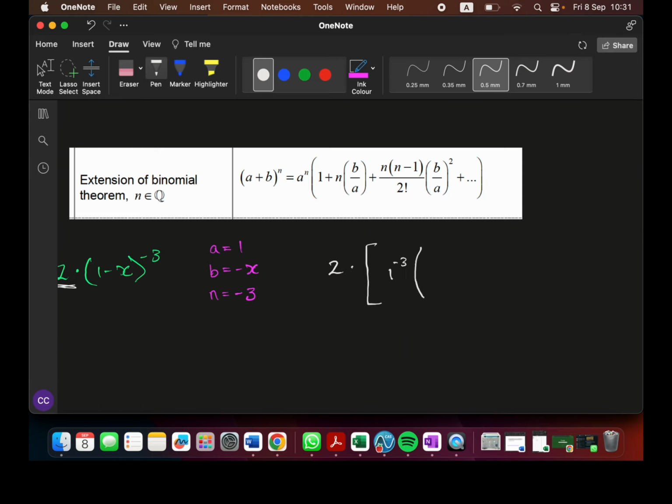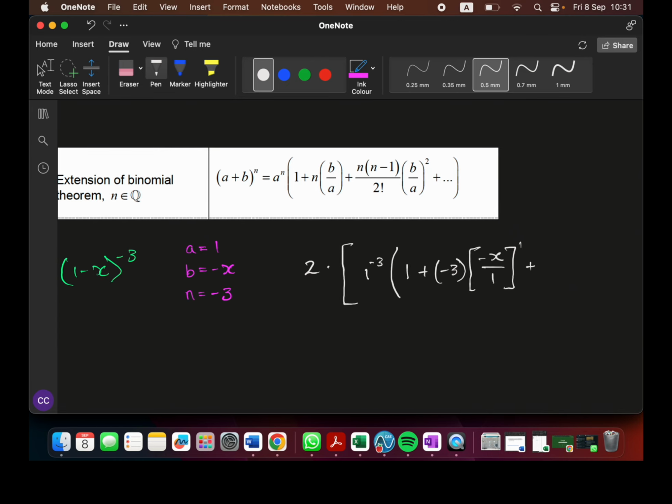And that's going to be times 1 plus negative 3 times our B value, negative x. My A value is still 1, and that's to the first power,